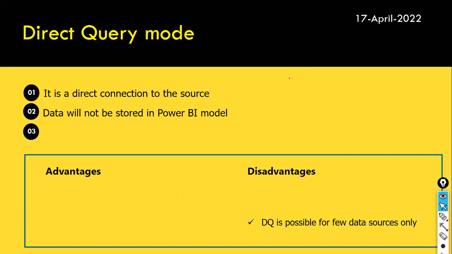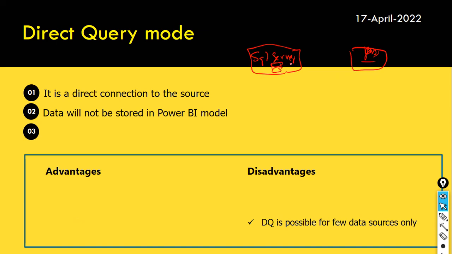For example, you have SQL Server in your company. They have installed SQL Server, and in the SQL Server the databases are running. You have multiple databases running, and you have something like a Power BI server. And in this case, in your Power BI Desktop, if you connect to SQL Server in direct connectivity mode,